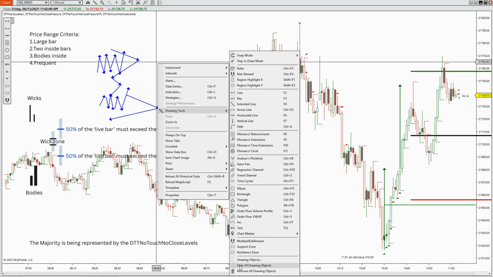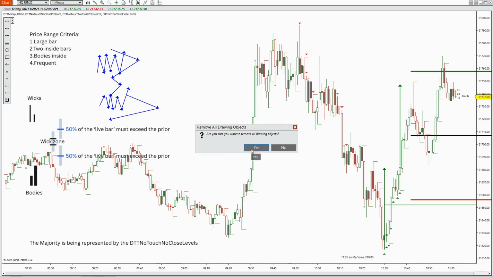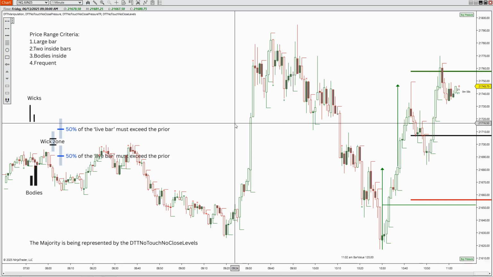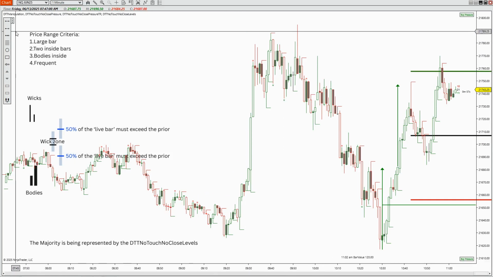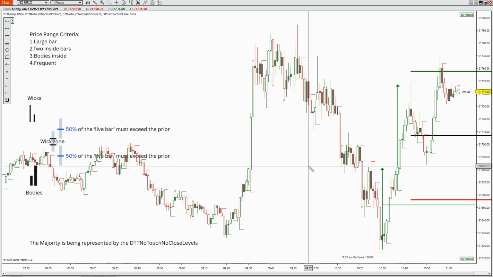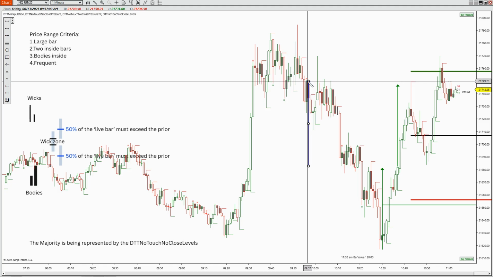So I just want you to know that. And I want you to know the things that you need to look for before the market moves away. So now, if they're pulling back and they're going to go again, we're going to repeat the same thing.